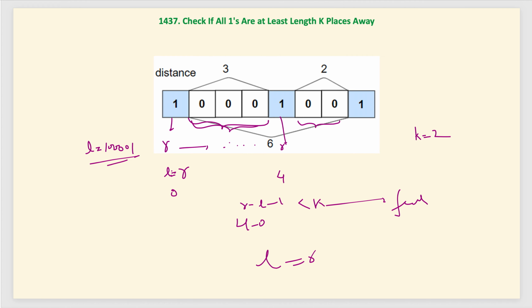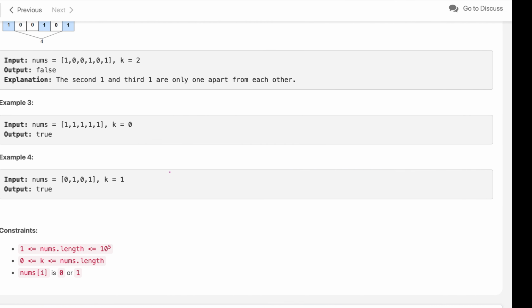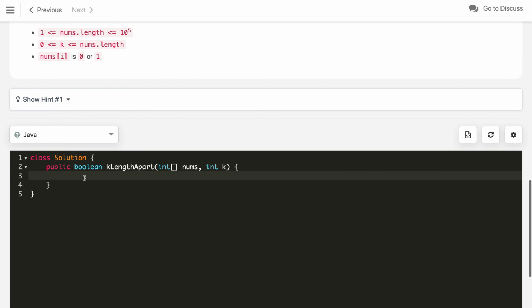You can pause the video and implement the code yourself. Let's implement the code. For the coding part, we initialize R at 0 and also L in the same place; you can also initialize it outside the for loop. L gets a very big negative value, let's say minus 10001, and after that we keep incrementing R until we reach the end of the array length.